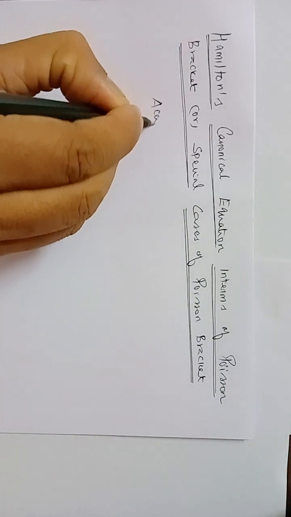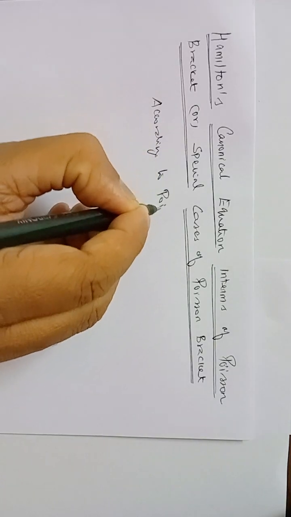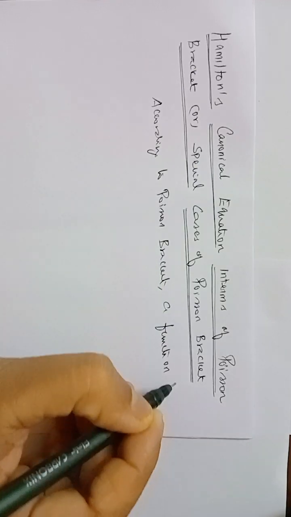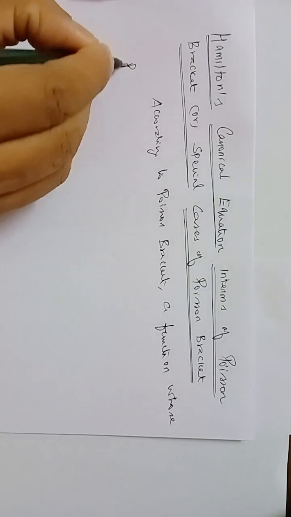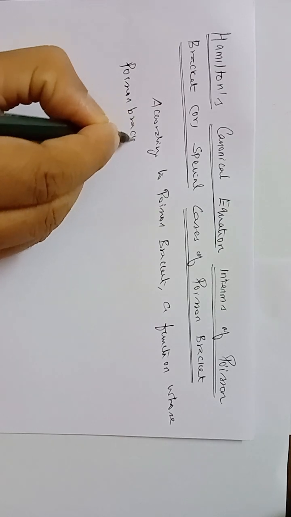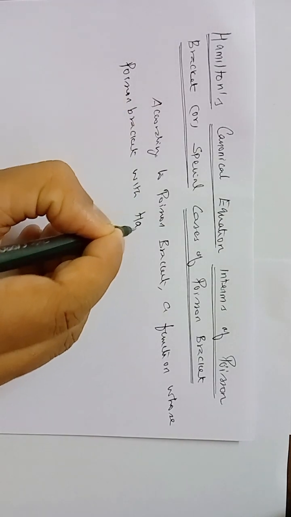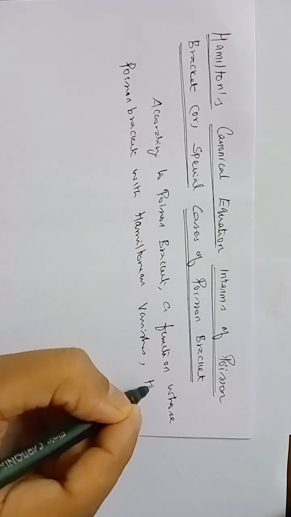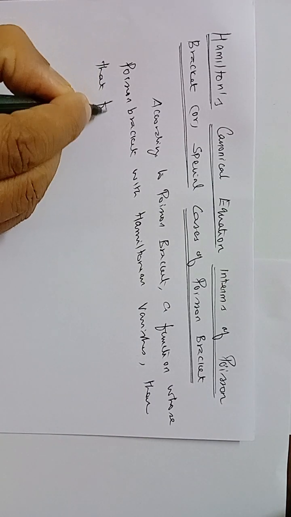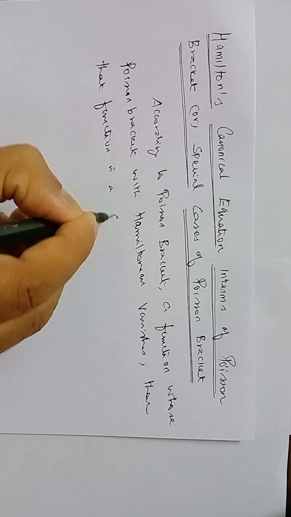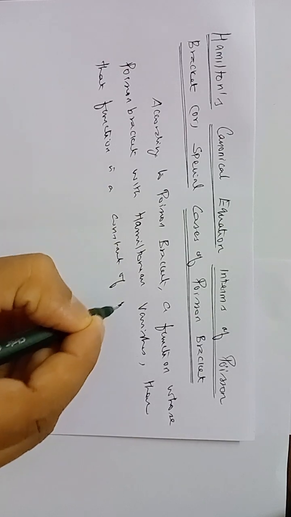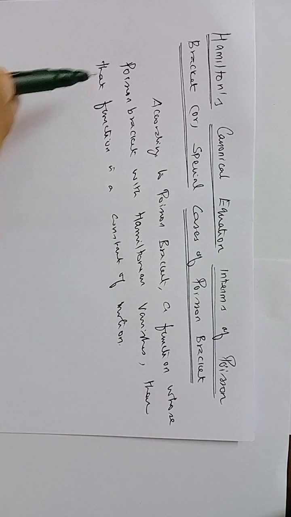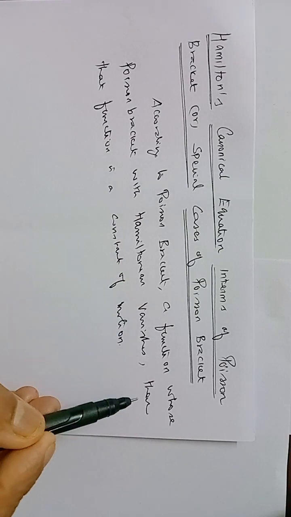That is, according to Poisson bracket, a function whose Poisson bracket with Hamiltonian vanishes, then that function is a constant of motion. This we will know. According to Poisson bracket, a function whose Poisson bracket with Hamiltonian vanishes, then that function is